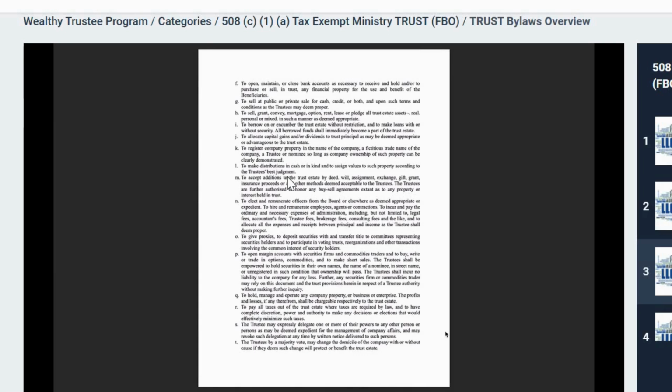I. To borrow on or encumber the trust estate without restrictions and to make loans with or without security. J. To allocate capital gains and or dividends to trust principal as may be deemed appropriate. K. To register company properties in the name of the company or a fictitious